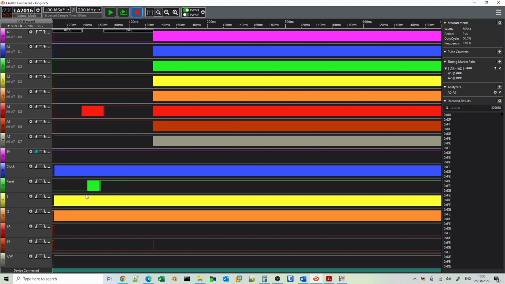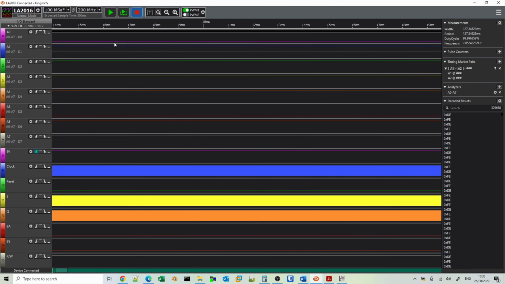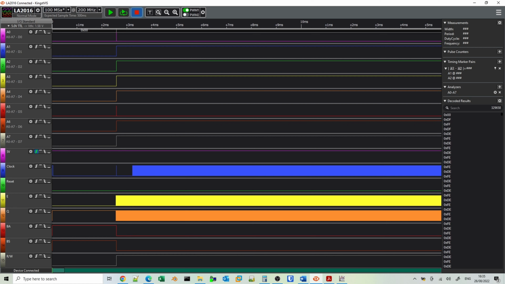So what we're going to do now, first of all, is just have a look at the very beginning of the start. So if we look down at the beginning of the trace here, we can see as we go back to the point at 0. So this starts at 0. You can see that the 5 volts is where we've triggered this, and so we're not really looking at anything before that. For the first couple of milliseconds, we can see that the bus available and bus status signals are high, so the processor won't be doing anything with the buses.